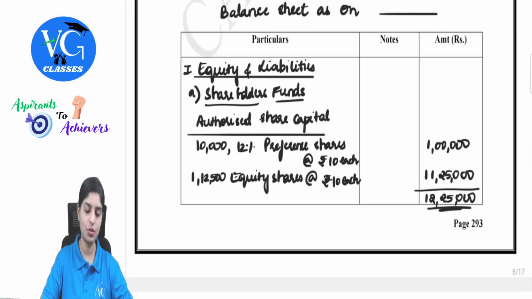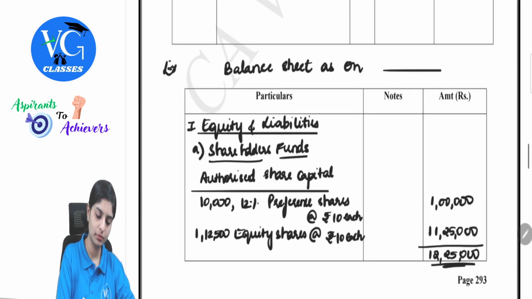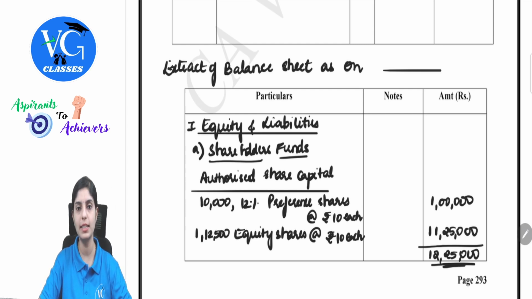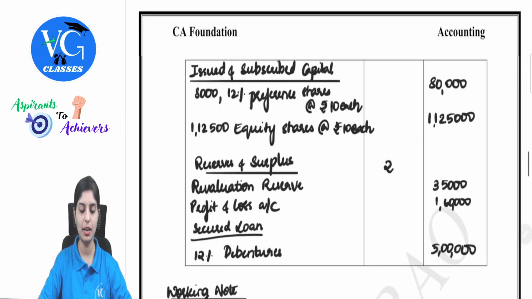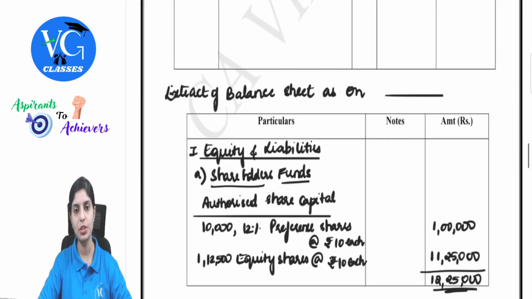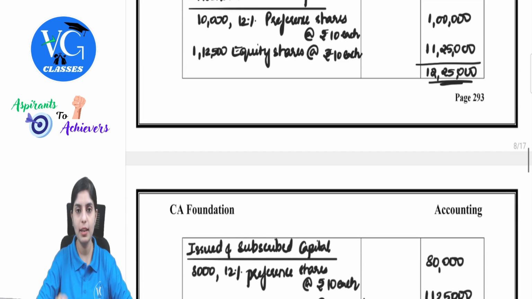So this was just an extract of balance sheet because you are not given the complete details of assets and if there are any other additional liabilities. After bonus issue, how would this reflect is to understand with respect to this question. In this question, the question itself clearly mentions that the company has passed a resolution. If that line was not there, you will also have to give an additional note for increase of capital balance in the authorized capital because earlier it was 1 lakh, now it has been increased to 1,12,500. I hope this is clear. Next.